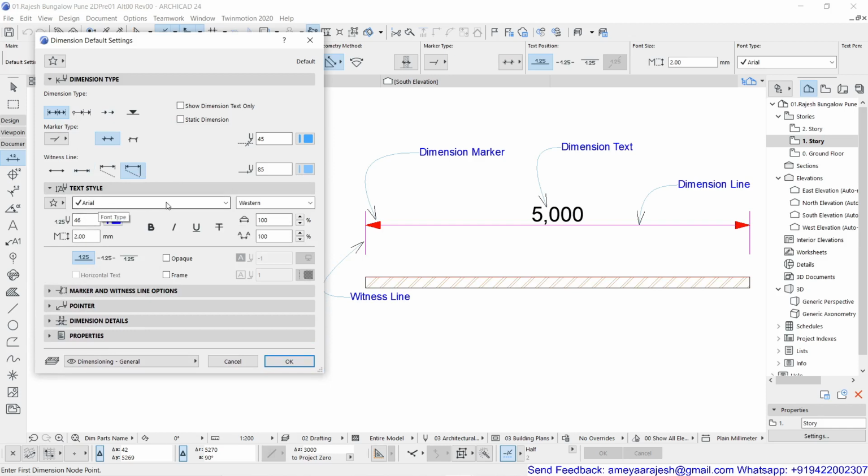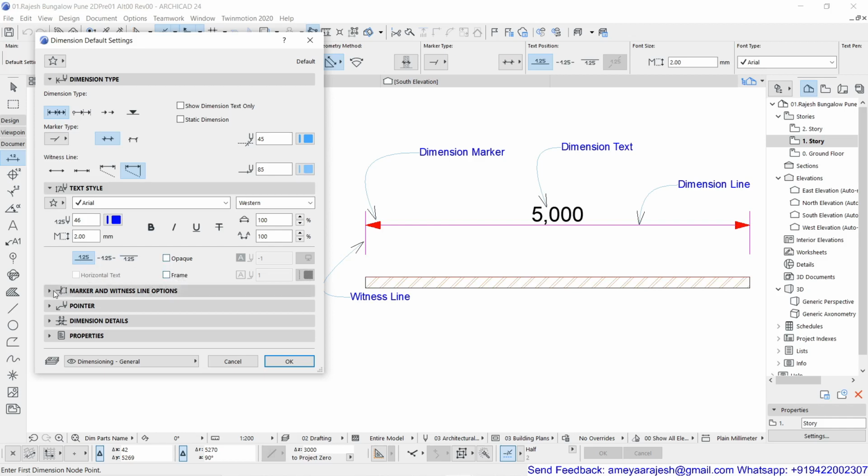Here you have to decide which font you would like to choose, along with its style and everything, and then the pen number for that font. Along with this, you also have to decide the height of the text. I'm not changing any pen number at present, but definitely later I will change it, or you can change it as per your choice, because now you are quite aware of the line weight logic at least. Now, how the text should be placed, whether above the dimension line, cutting the dimension line, or below the dimension line, you can decide. Opaque and frame you have already seen in the text, so you can use that if needed.